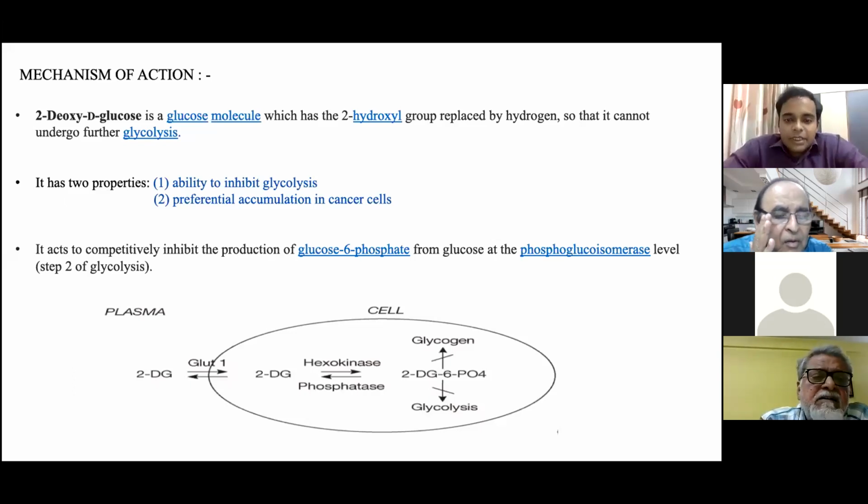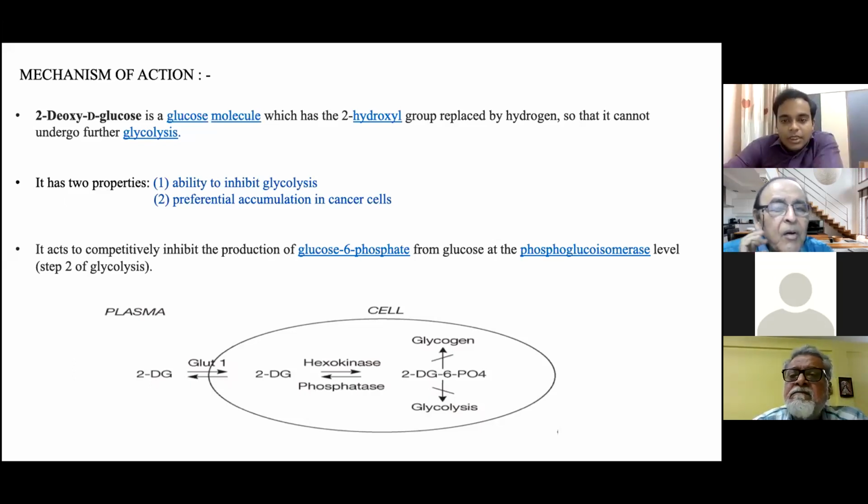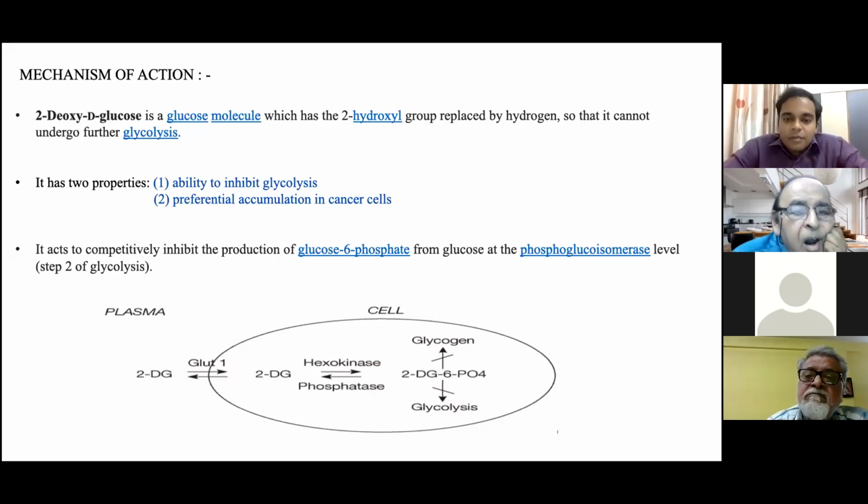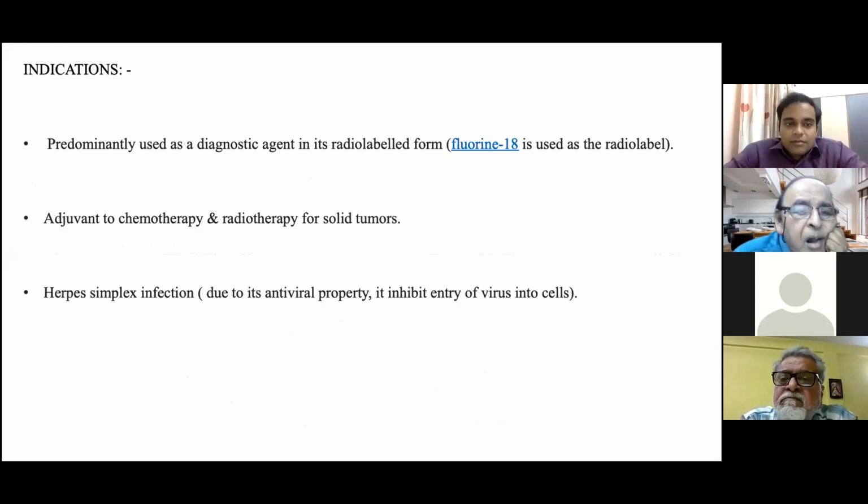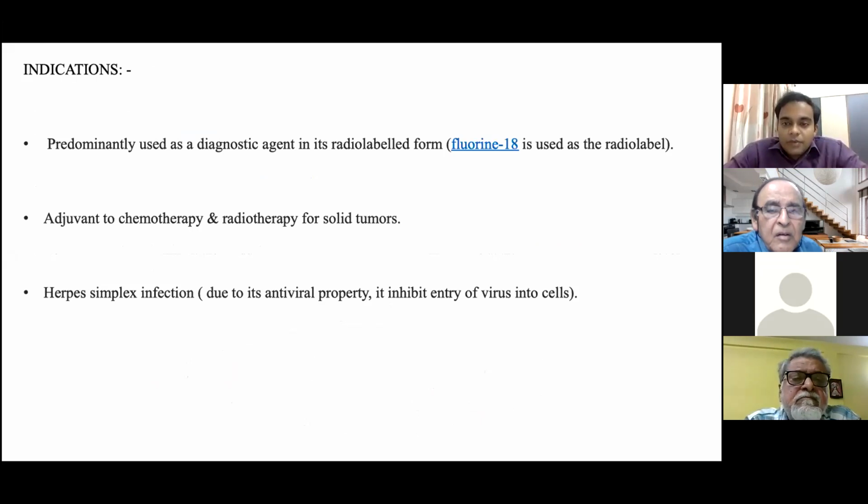So this has been in vogue. This molecule is not something which has come out of thin air all of a sudden into the market and into the news. This has been used in the laboratory for many years as a therapy for cancer. They have tried it in so many things. It can be used as a diagnostic agent in its radiolabeled form; fluorine-18 can be combined. It has been studied in in vitro studies,